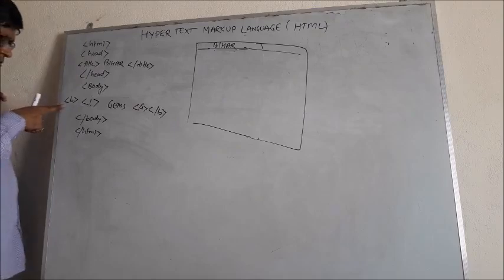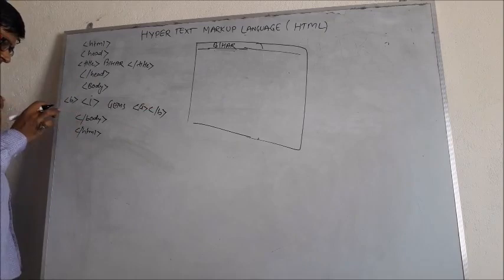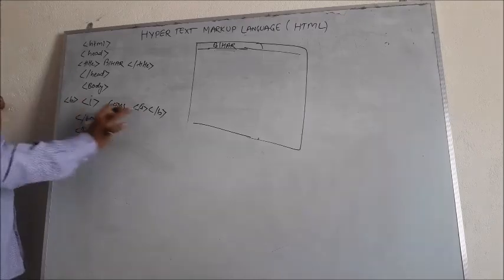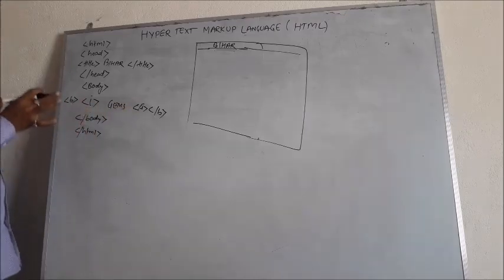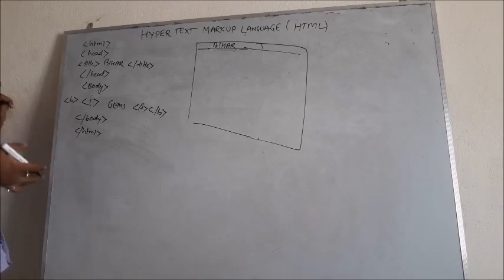So जो पहले शुरू हुआ है उसका बाद में एंड करना है. Otherwise, what will happen if you write b I slash p slash I? It will not work. So for better use of bold and italics or any tag, you must mind the scope of every tag, कि जो सबसे पहले शुरू हुआ है उसका बाद में अंत होना है. This is the thing, right?